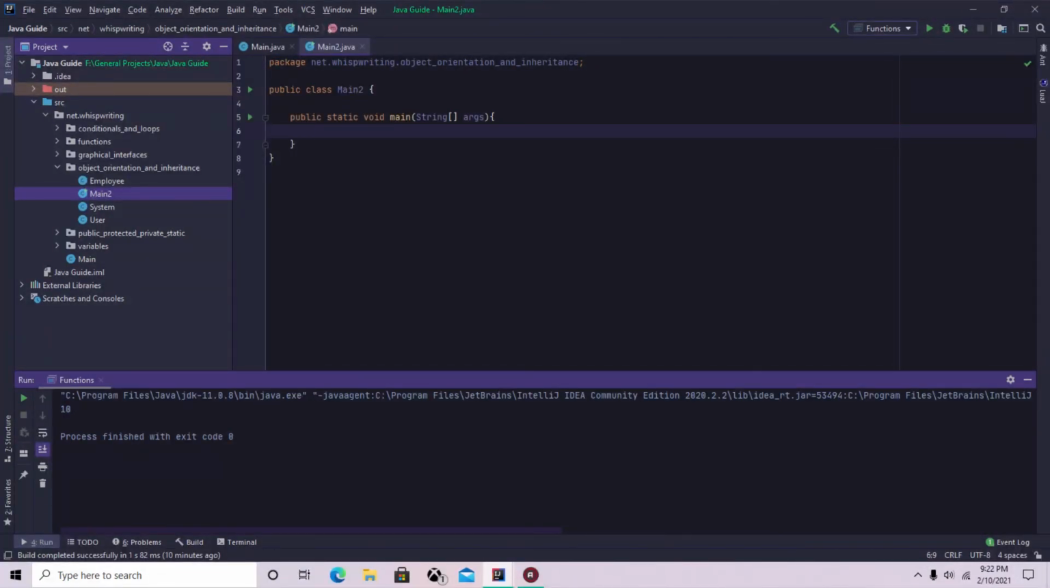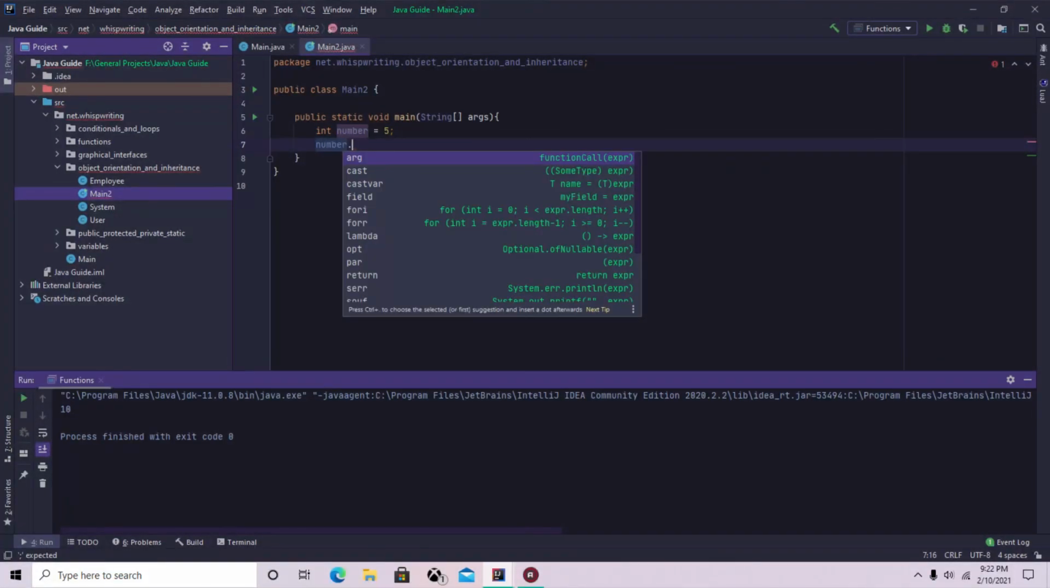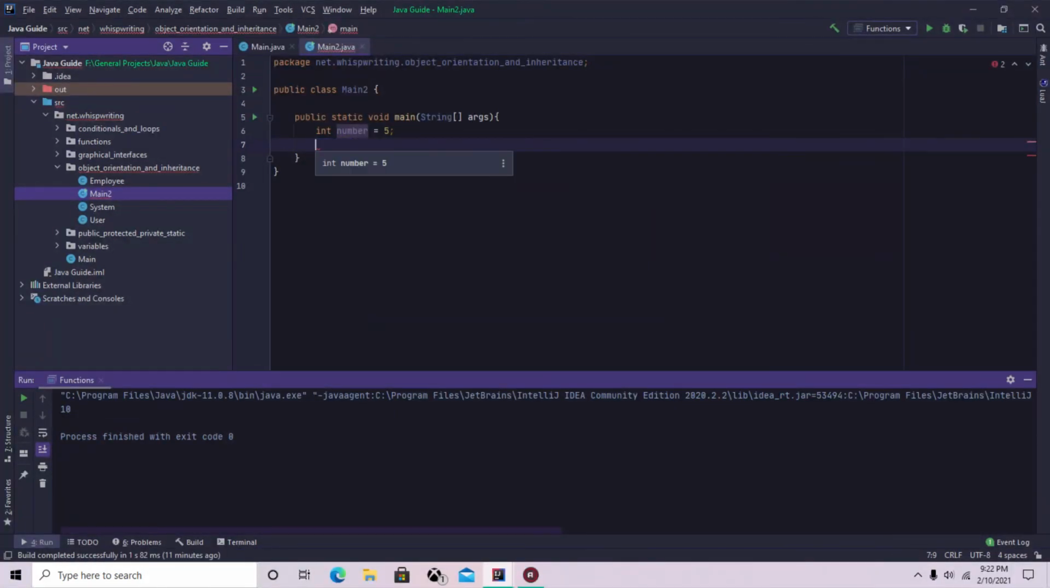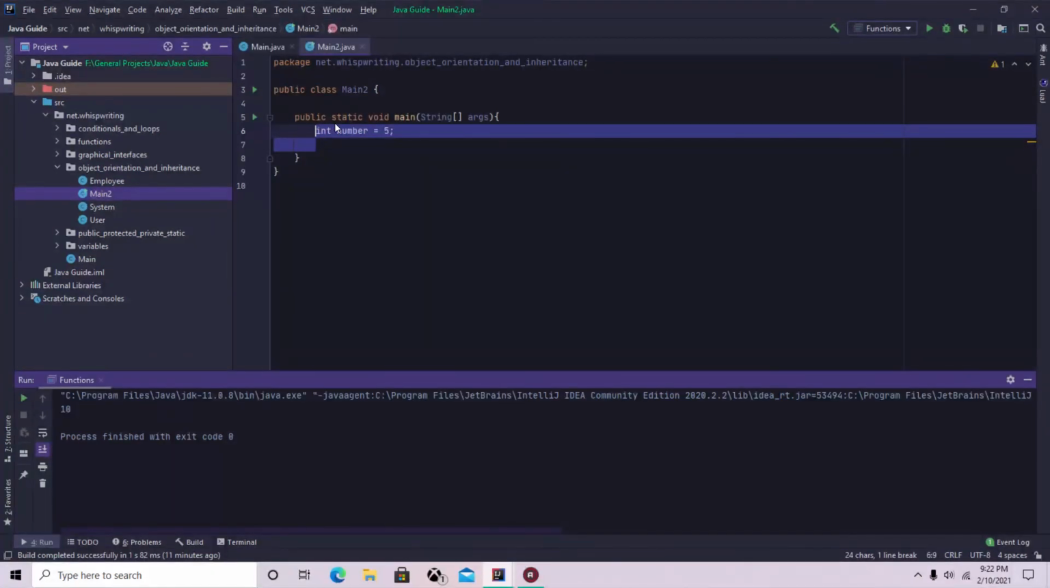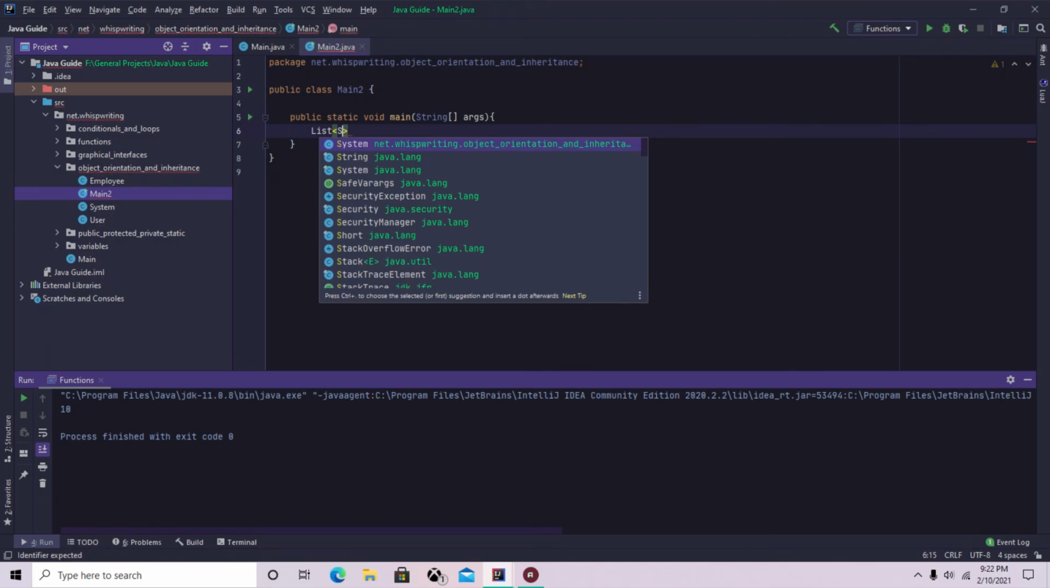So, like, if I were to create an integer of 5, so int number is equal to 5, number is an object. It is an object of the type int. Number has different things that I can do to it. Well, not a whole lot, because it's not a native type, but like if I were to create a list, for example, a list of strings,